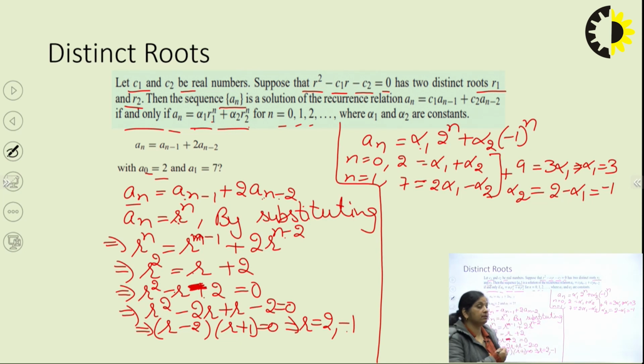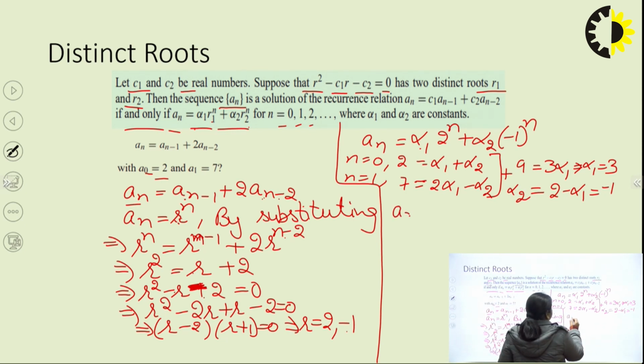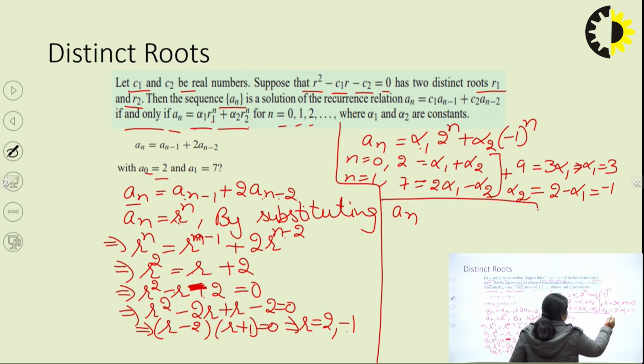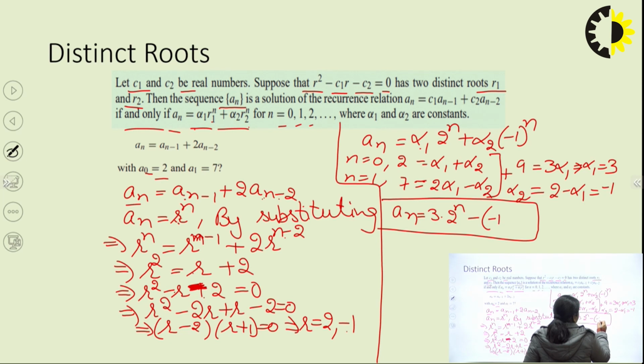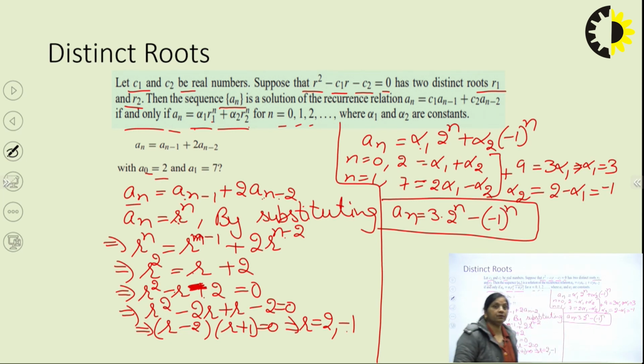So I got the recurrence relation solution sequence An, and I'll put the values of alpha 1 and alpha 2 and I will get the final result. So what will be my nth term now? This is my final solution. My nth value is alpha 1 into 2 to the power n. What is alpha 1? Alpha 1 is 3, it means 3 into 2 to the power n plus alpha 2. What is alpha 2? -1, so -1 to the power n. So this is the solution when we are having